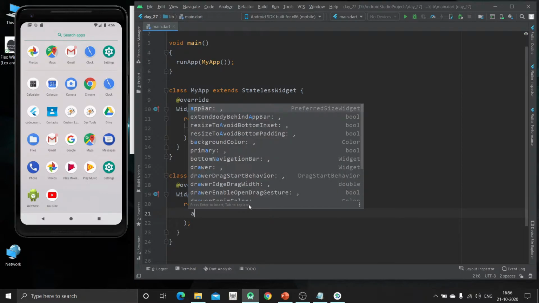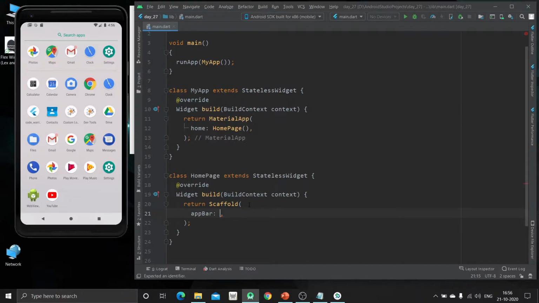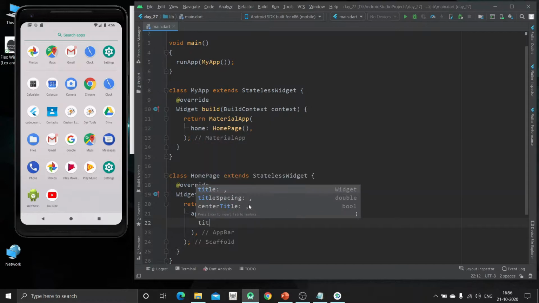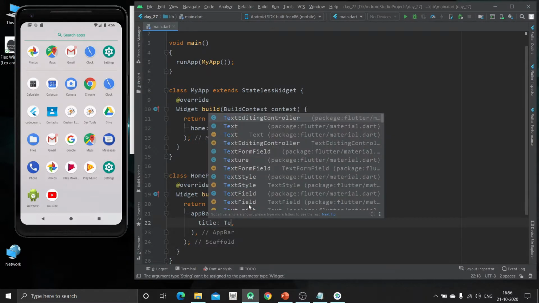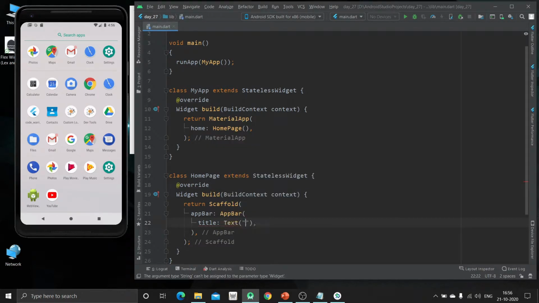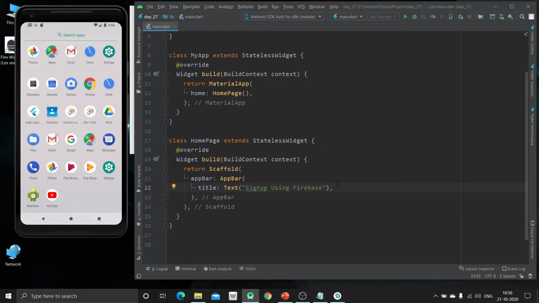I'm not going to specify this. Give it a title, wrapped inside the text widget, that is sign up using Firebase. This is the title of our app.